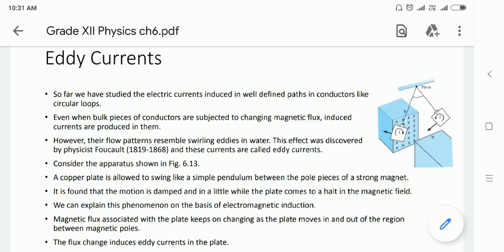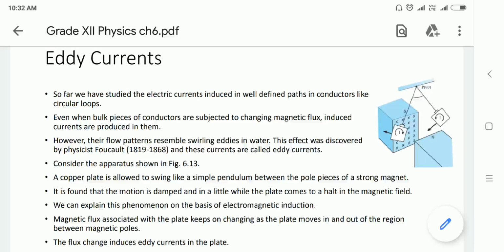Here also, a fixed magnetic field is present between north and south pole. The conductor is moving, which means a change in magnetic flux is associated with it while it moves from its original position. Now we can say that while the plate is moving in and out, a difference of magnetic flux is